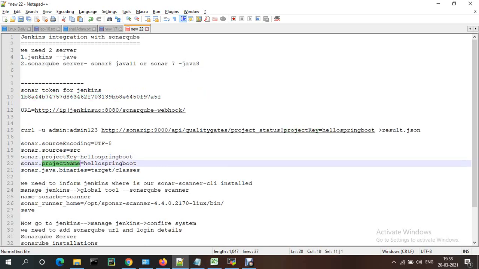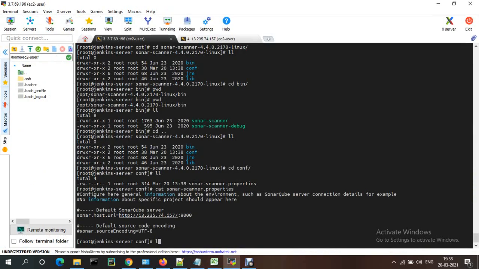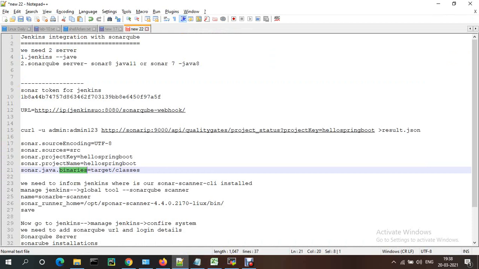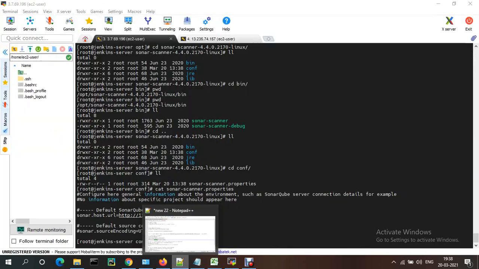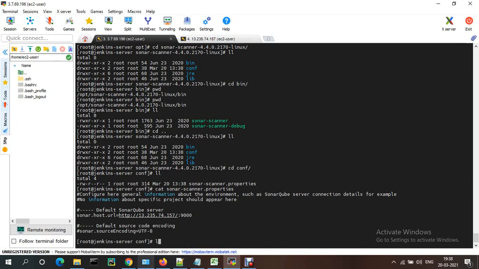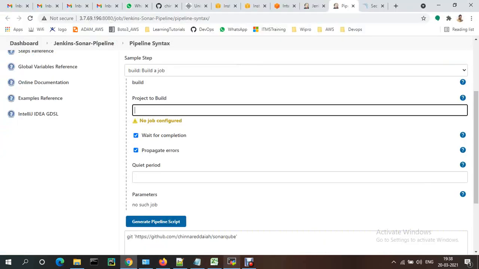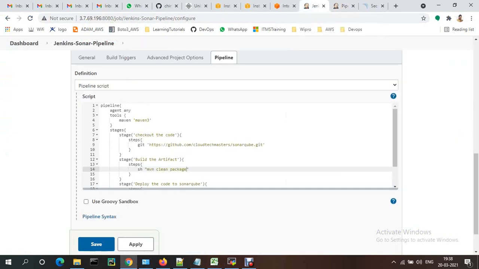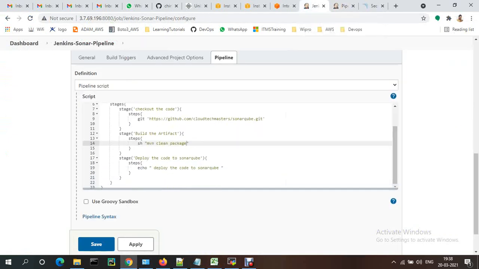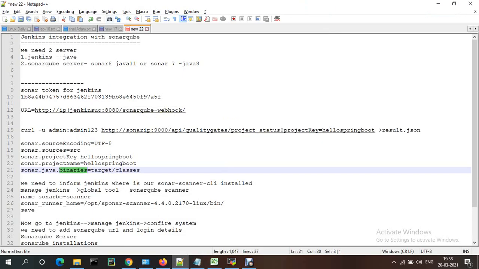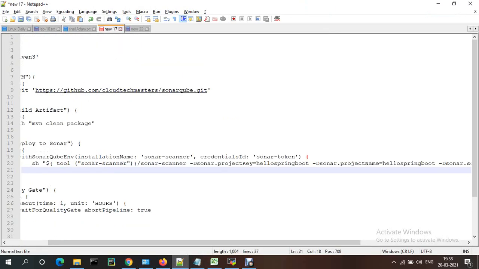Project key and the project name and binaries, okay. I'm just copying this thing, okay.